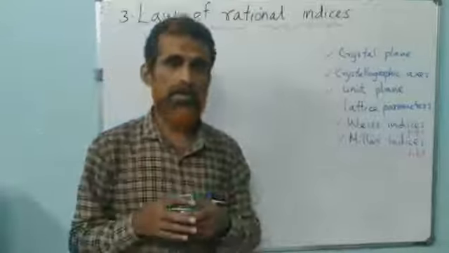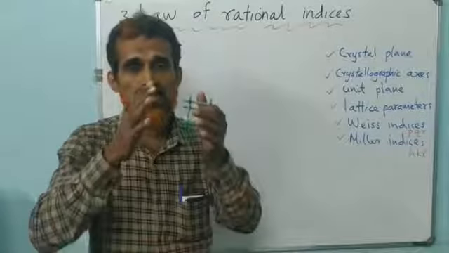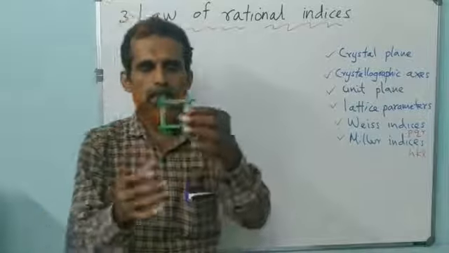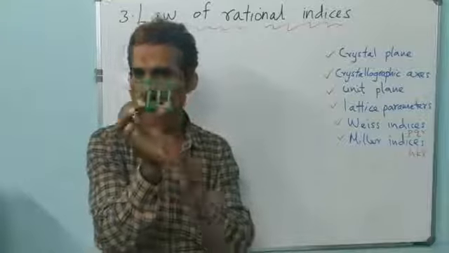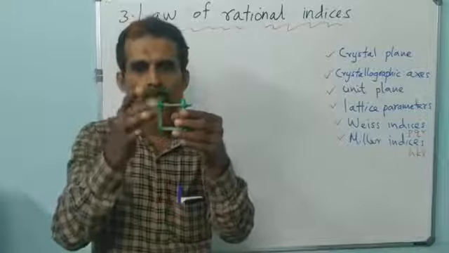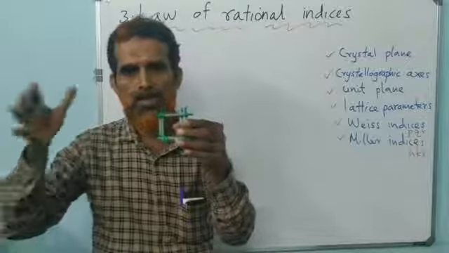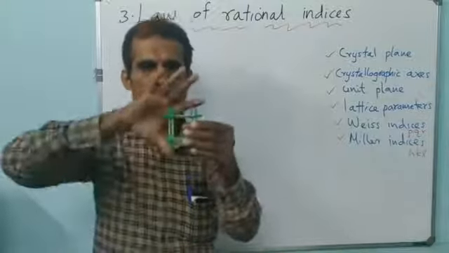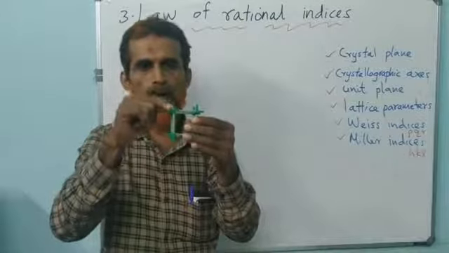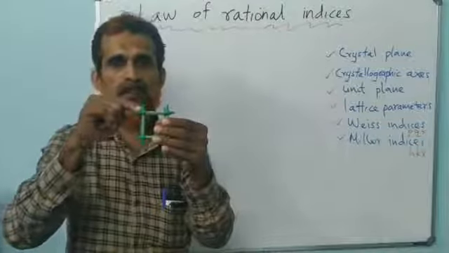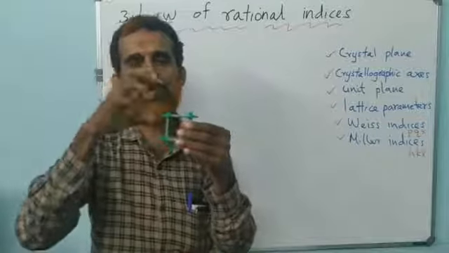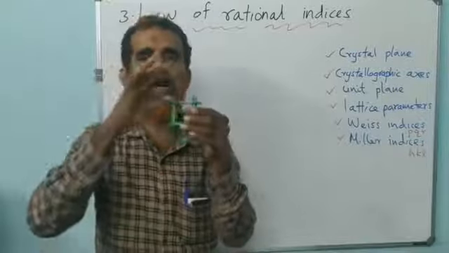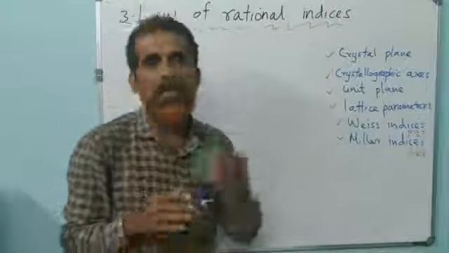You know that in a crystalline solid, particles are arranged in a regular repeating order or pattern. Suppose this is the unit cell of a crystal, which is cubic in shape, and this unit cell repeats along the three axes x, y and z to build up the crystal. So imagine that there are so many lattice points, and about these points the constituent particles or motifs, which can be atoms, ions or molecules, are arranged. Now crystal planes